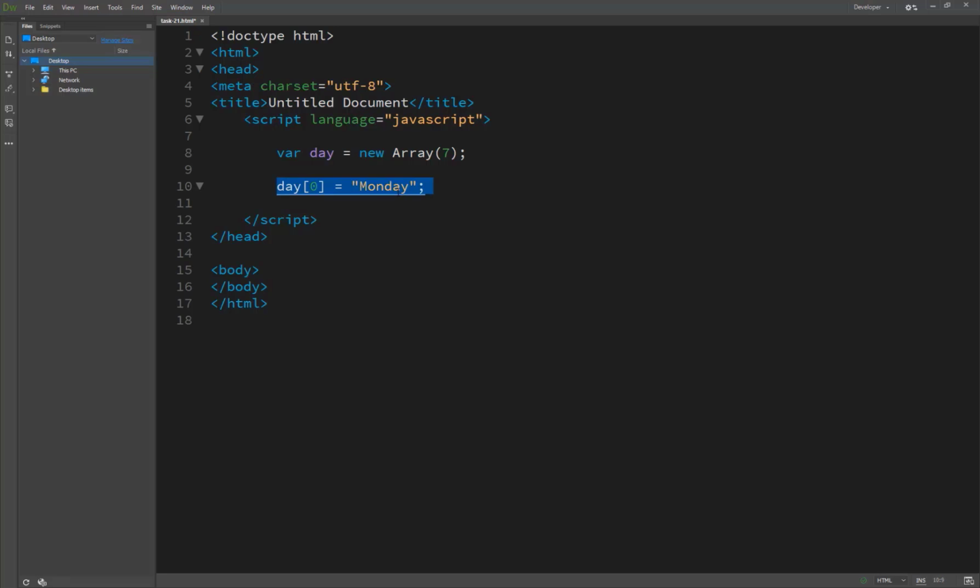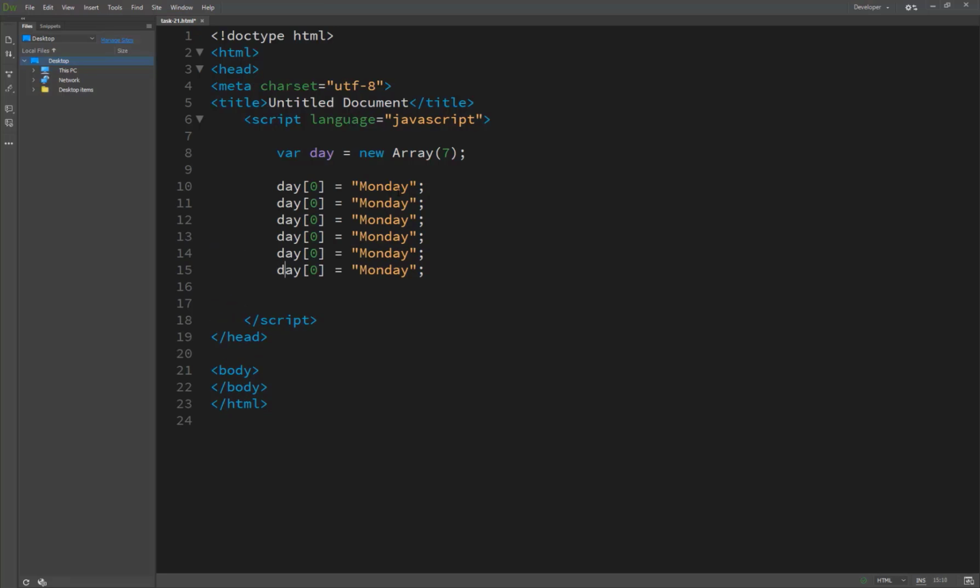So I have just copied it and pasted it 7 times, and just write here the 1, it's a 2, it's a 3, it's a 4, it's a 5, and the last one it's a 6, index 6, but in number it's starting from 0, it's 1, 2, 3, 4, 5, 6, 7.